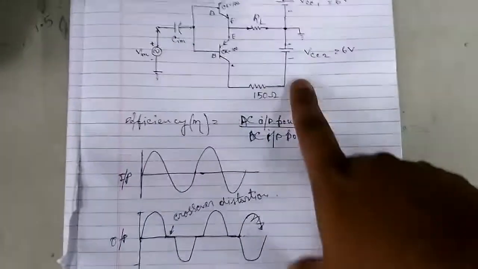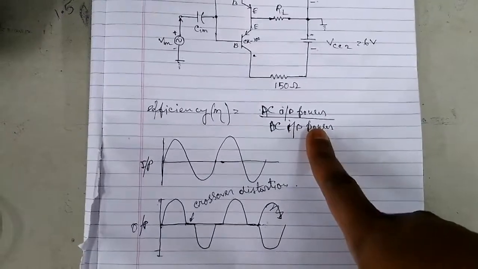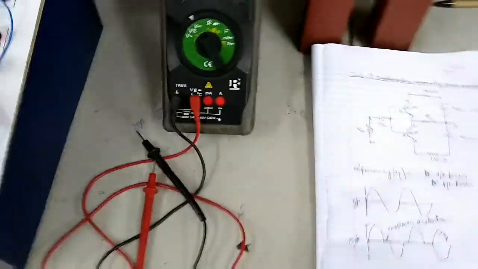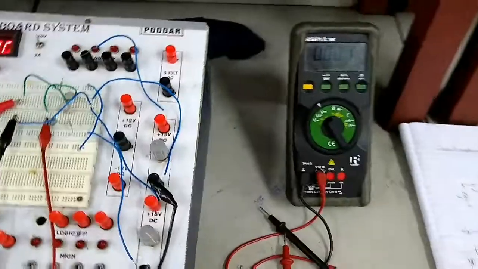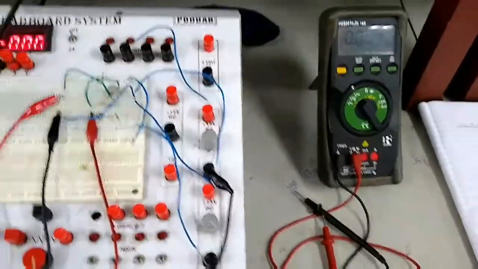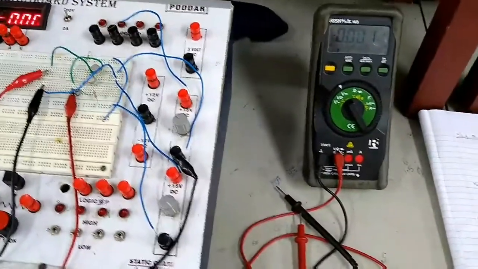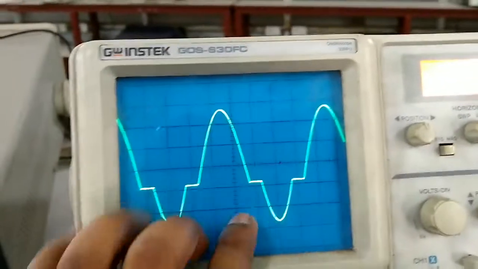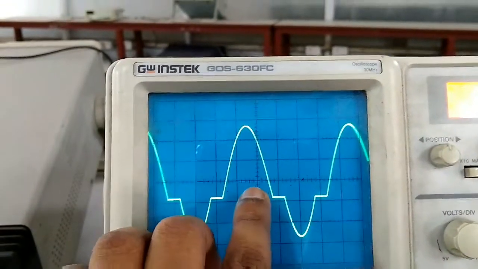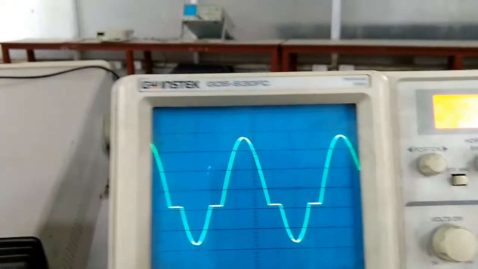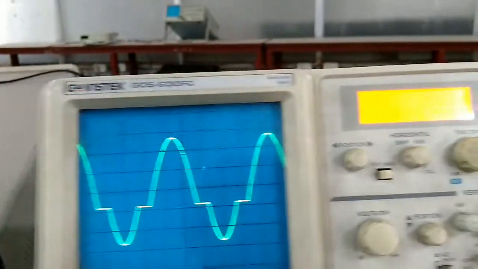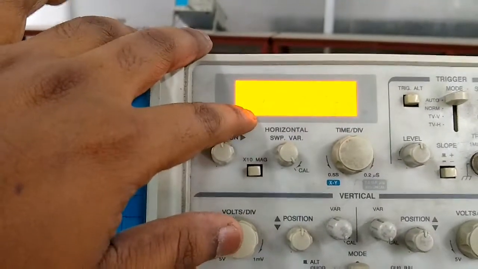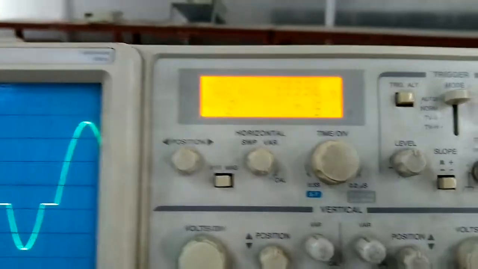Now if I want to measure the efficiency, let me connect a multimeter with the circuit to measure current, because voltage times current is the power, so I need to measure the power. I know the voltages. The output voltage is, say, 1, 2, 3, 4, 5 and 6, almost 6 divisions, and the volt per division is 2 volt. So 6 into 2 is 12 volt output voltage.